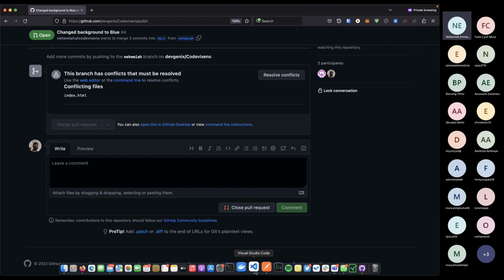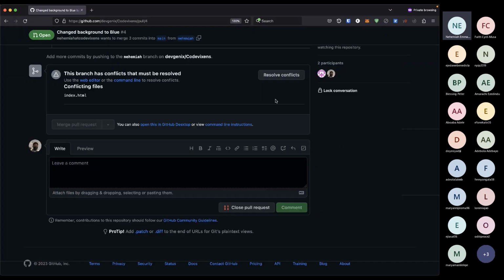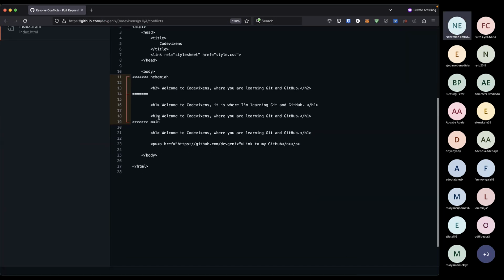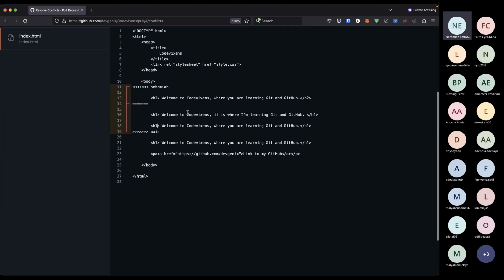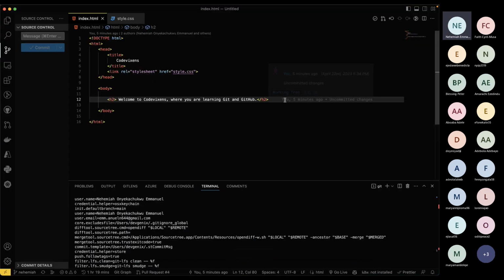So for context, we changed this from H1 to H2 on the exact same line. And if I look at resolve merge conflict, let's just see what was changed. This is what we see. It was H1 before on Nehemiah branch. And when I made changes also, I changed it from there to H2. Now, if I come here and I inspect what changes were here, let me look at the